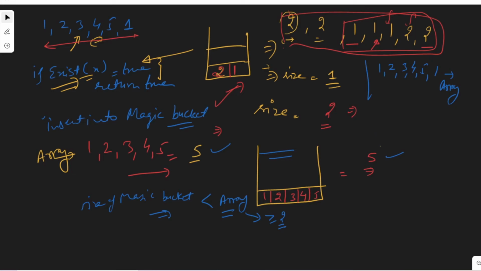So what will be the magic bucket for it? The magic bucket will initially get 1 because it does not exist. Then 2 does not exist, then 3, then 4, then 5. When it comes across this 1, it's already there, so the magic bucket won't add it. So the size of the magic bucket here is 5. The size of the array is 6. Given that the magic bucket size is less than the array,